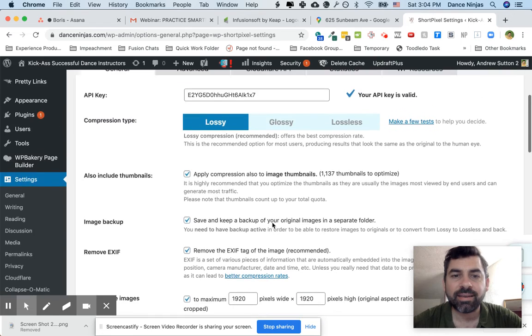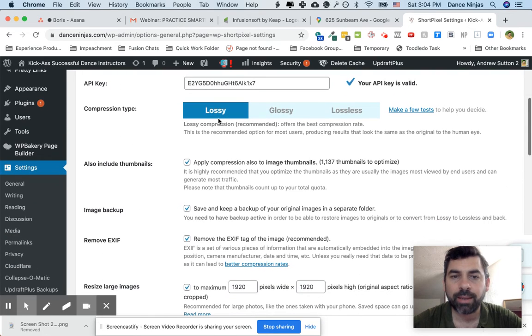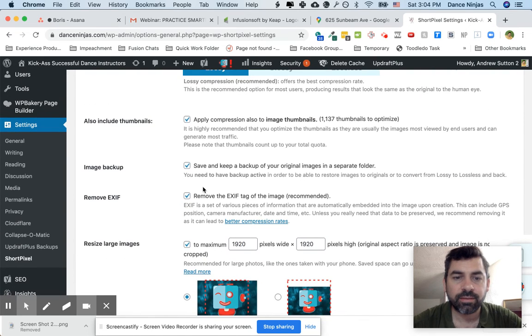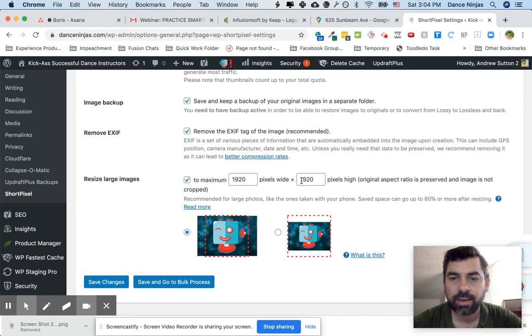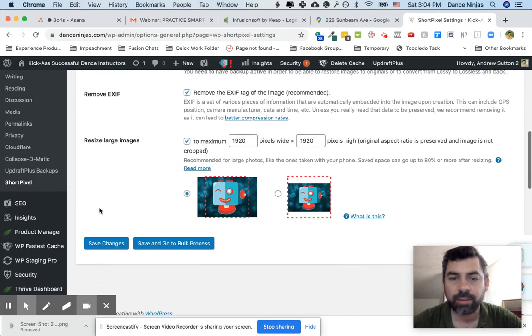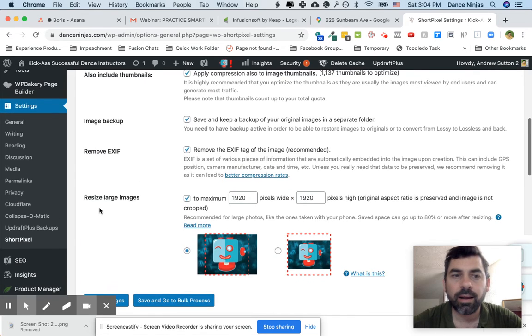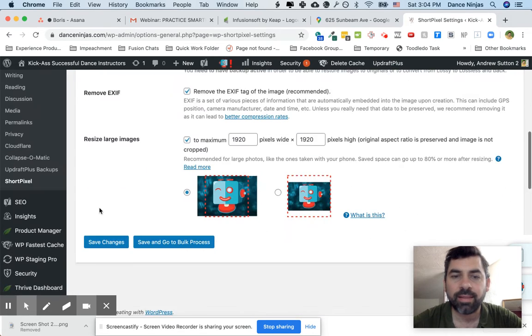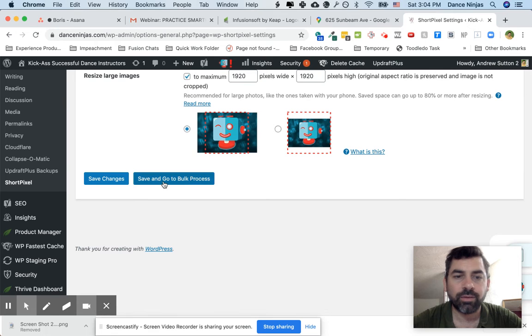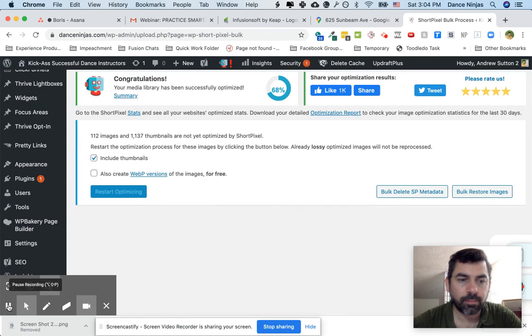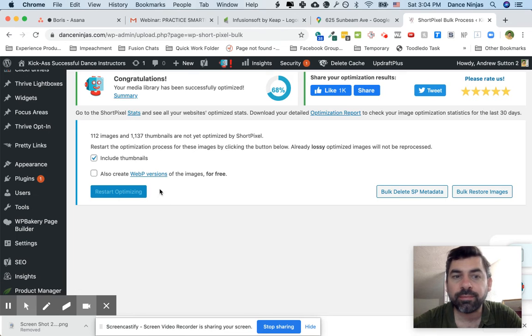My settings here, I'll just show them for you, is what I recommend. Lossy, these are all checked, 1920, 1920. And this version here is the recommendations of your settings. And then you can go save and go to bulk process. And if you have not optimized or you've paid for it, you'll be able to click this button to start